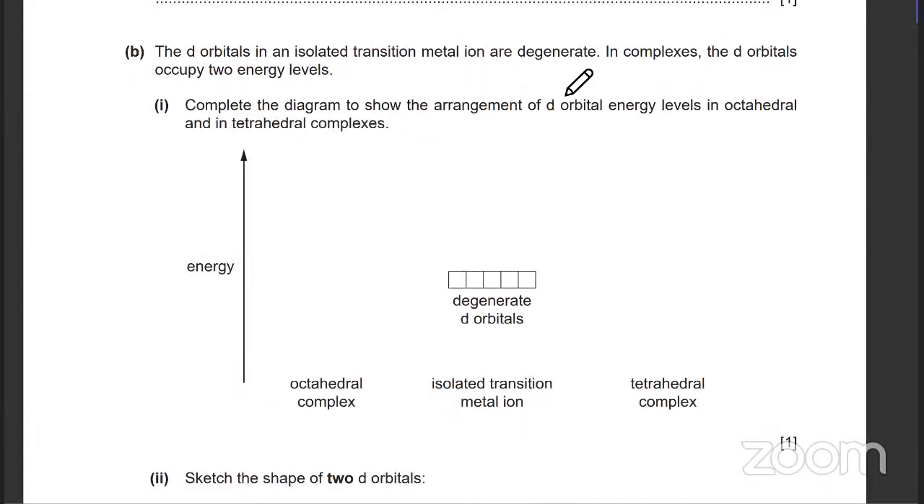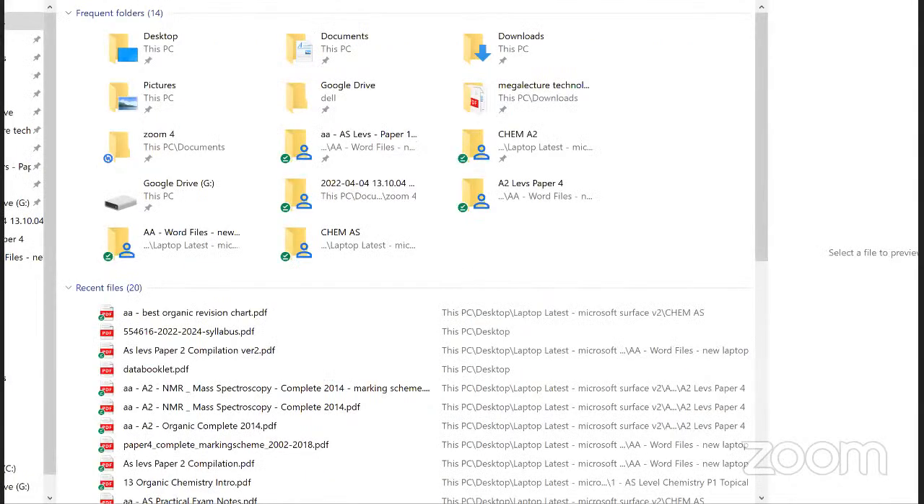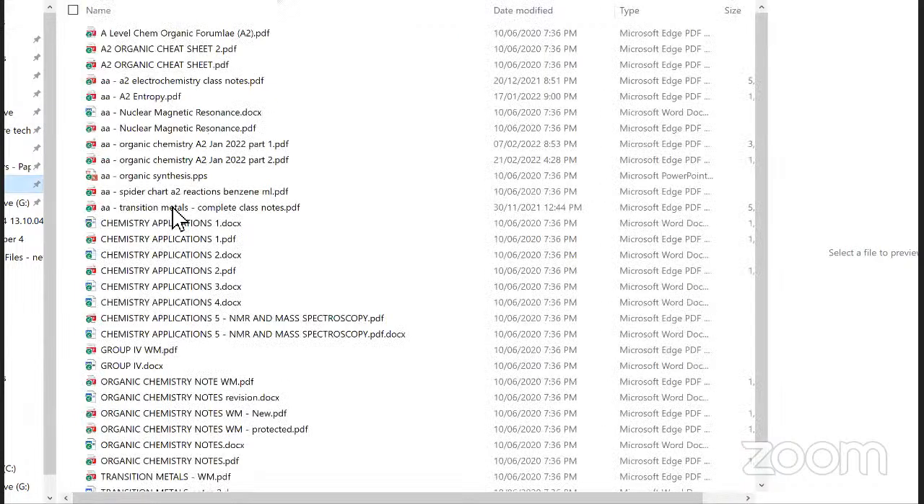Complete the diagram to show the arrangement of d orbitals. So he's talking about the splitting in octahedral and tetrahedral complexes. I'll just give you a brief recap of what that means. Okay, let me open the notes. This one. So what happens here is